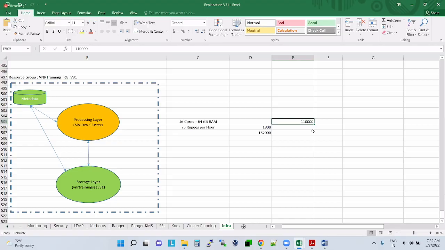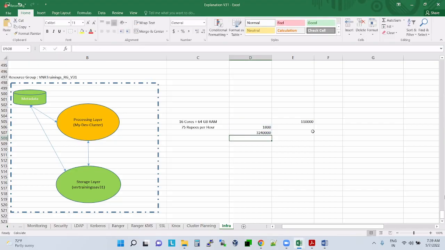Understand? Suppose I use the same laptop. This is per hour, this is per day, this is per month. And if I use this for, let's say, 5 years, 5 into 1260.